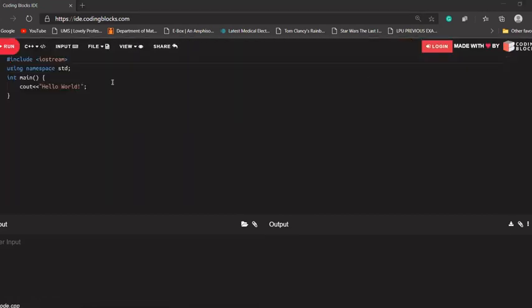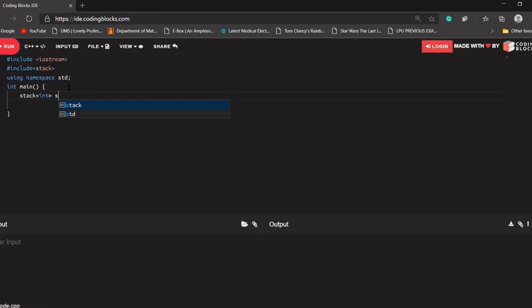Okay. Let's say a stack is there. I'll be using STL stack. So I'm including stack here. And stack is there, and it will be type of int.